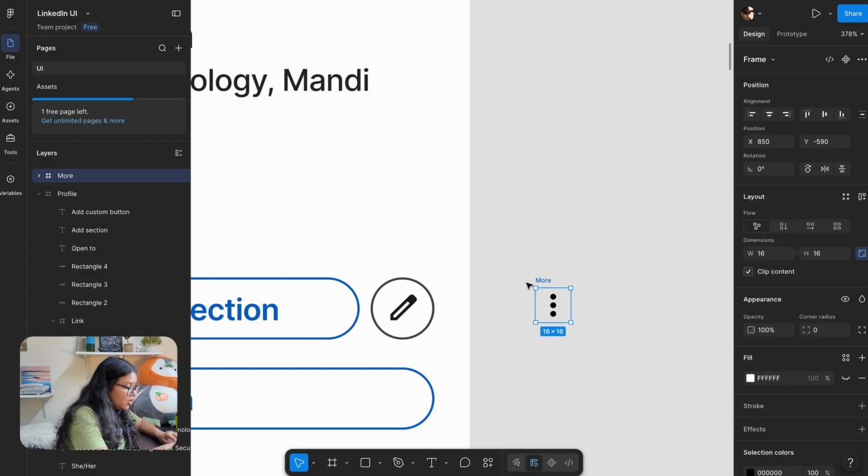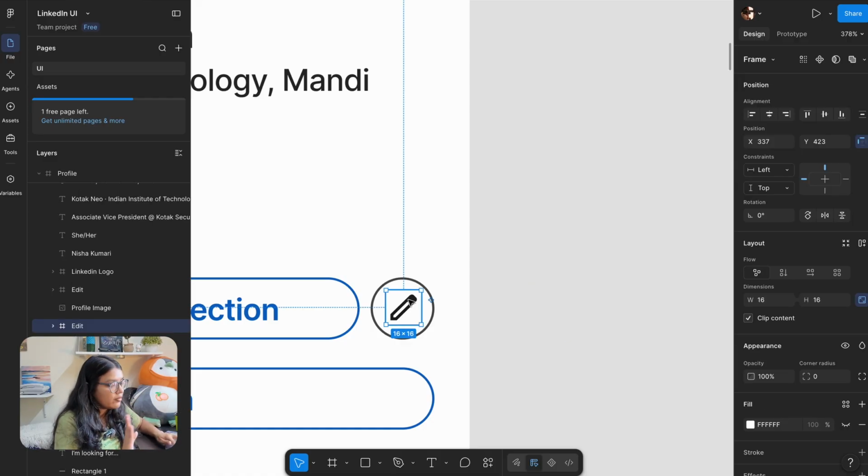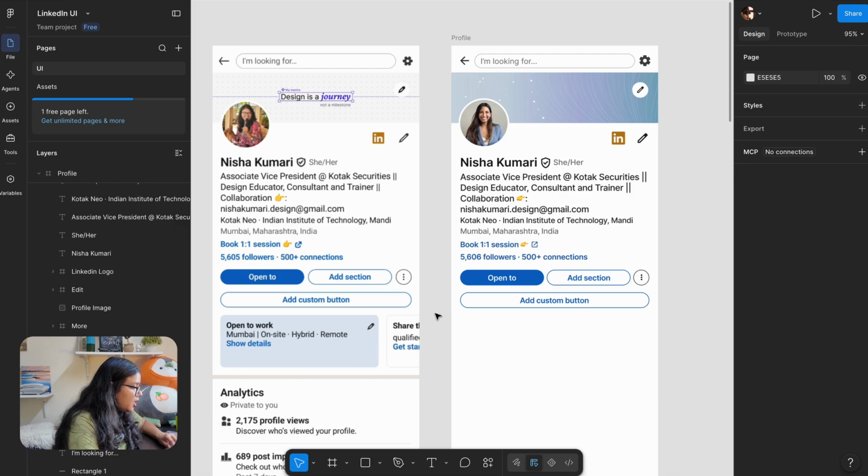Then Command X, select this. And you don't have to remove this and put something else in here. There's a shortcut called Command Shift R or Control Shift R. Whatever is currently copied on your clipboard, in our case the three-dot icon, because I cut it, you can also copy it. And you can press Command Shift R, so whatever was selected will now be replaced by what is on your clipboard. And now this description area is done for us.